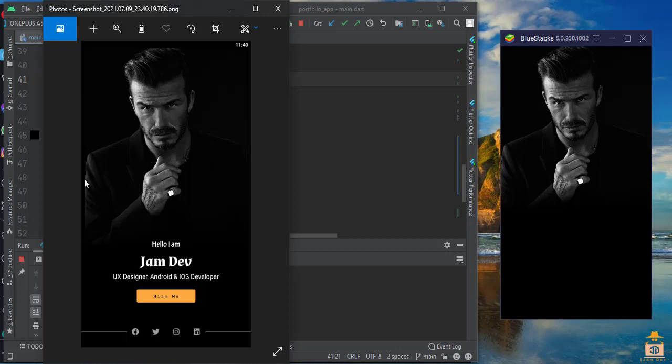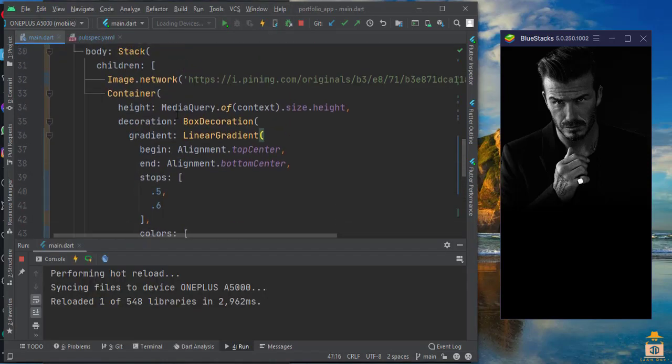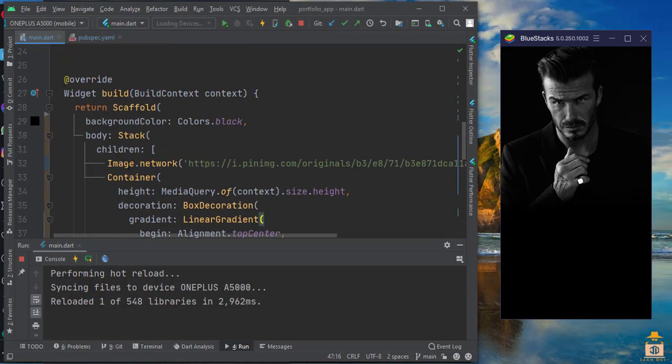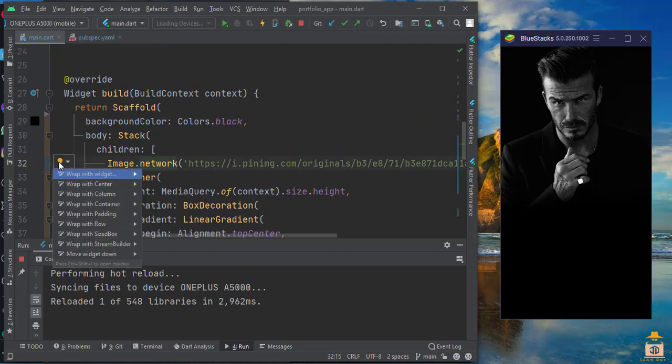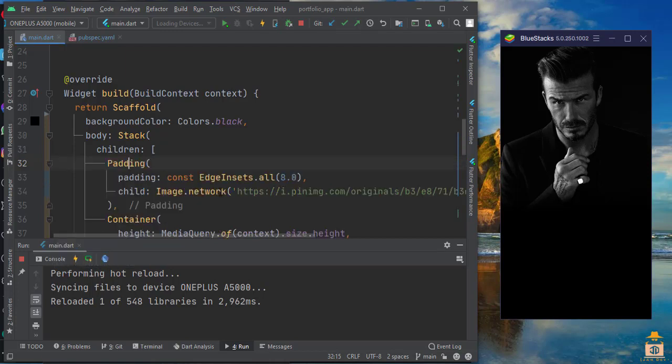Correct, but you can see there is a small gap here both sides, but this is completely filled the whole screen, but in our image here is a gap, here is a gap. So we should give a space there. To give that space, what you need to do is this image you can wrap with, you can click here also, wrap with padding. This is the option. You can give a padding. The padding means all the sides, top, left, bottom, right, everywhere there will be space of 8. Now if you run,